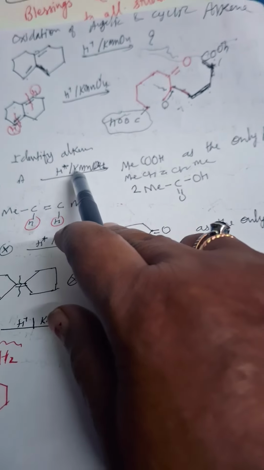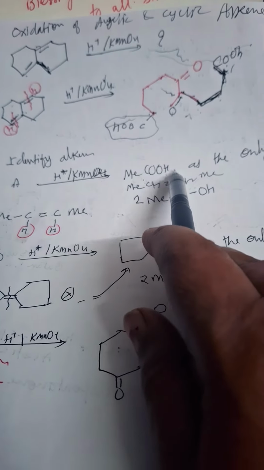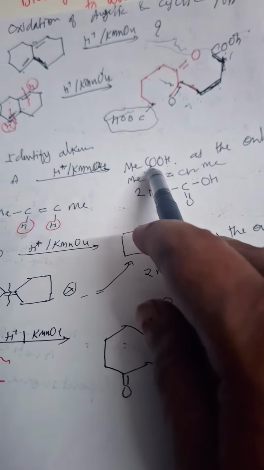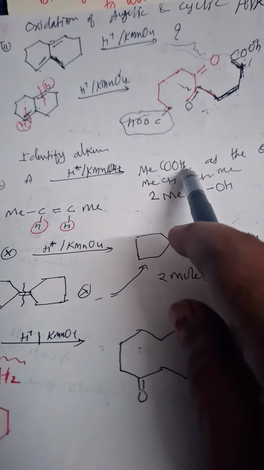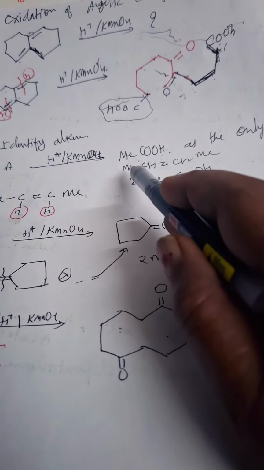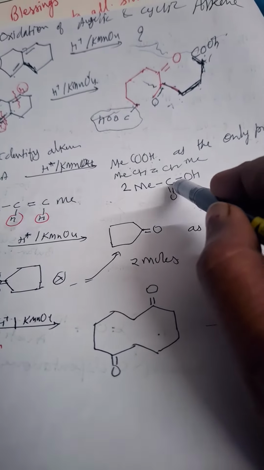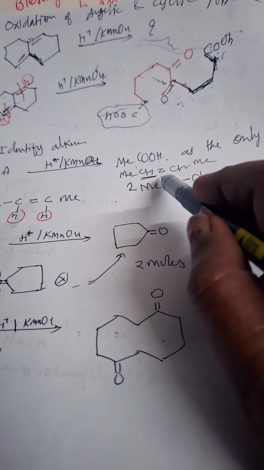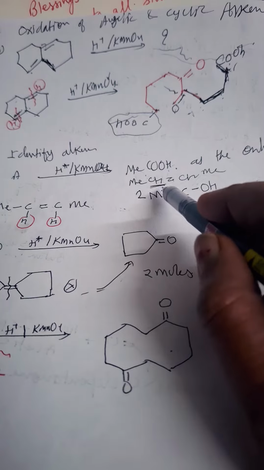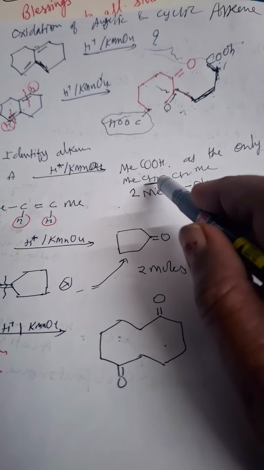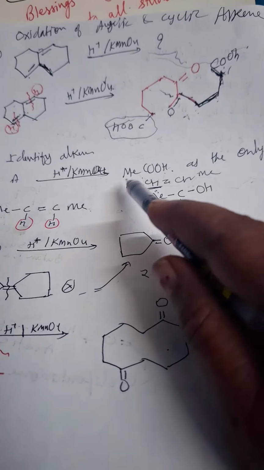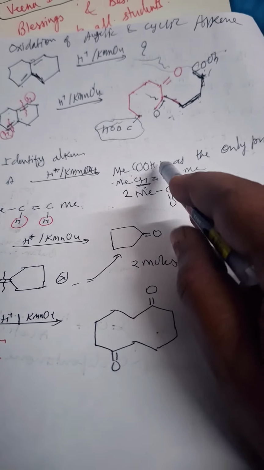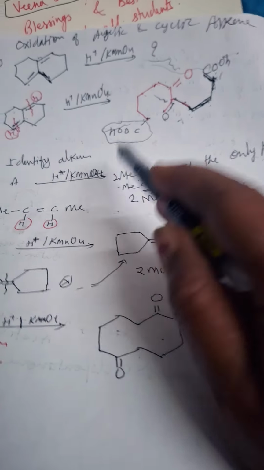Identify the alkene: acidified KMnO4, MeCOOH, meaning ethanoic acid, will be there. So when there is a double bond, then only we will get this. So what we will do, I told you, when the olefinic carbon is bearing hydrogen and cleavage occurs, then it is converted into COOH. So 2 OH coming over here, so we will get MeCOOH. 2 moles of MeCOOH we will get. 2 moles I will write down here.